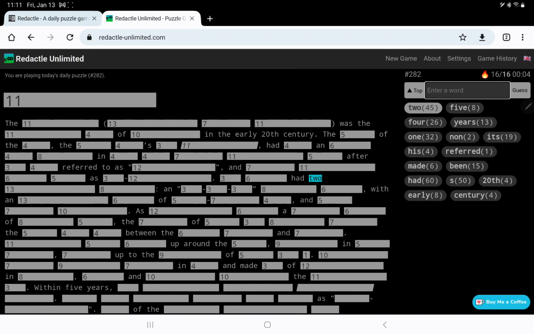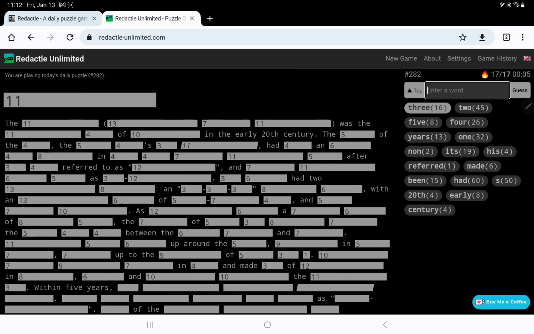We've done 1, let's do 2 as well. Ooh, had 2, I thought it was had 1. Overarching philosophy, not sure what that could be, but let's do 3. I'm still 17 for 17. Within 5 years, 3, 11, 10, and then 11 again in italics. 5-12, some of the, most of the 8-12, 4-8 after the,